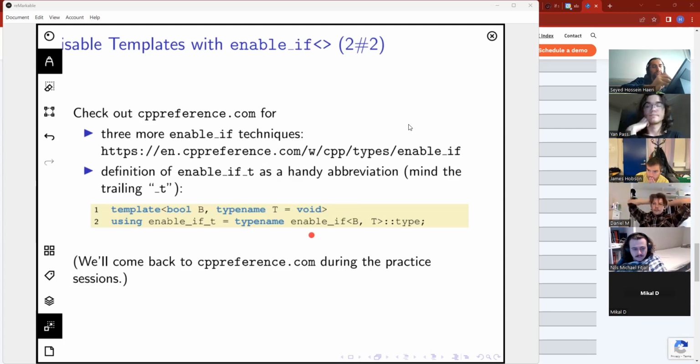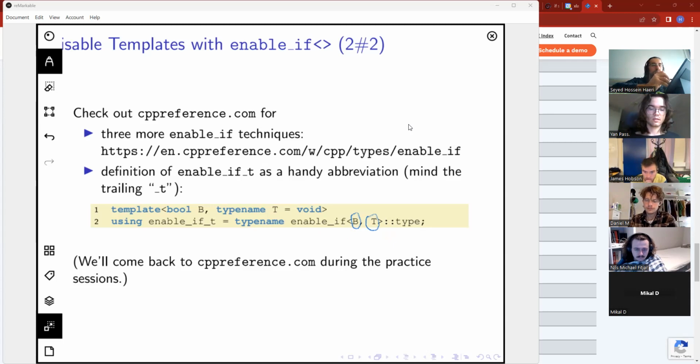Now, enable if takes a compile time Boolean expression, and the type T, and the so-called type that it returns as a meta function, and these are things that we will speak about in the remainder of this module.